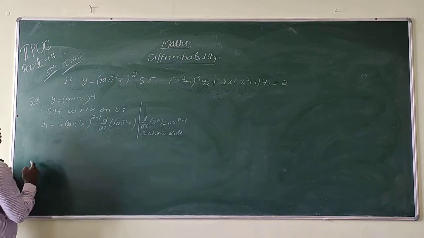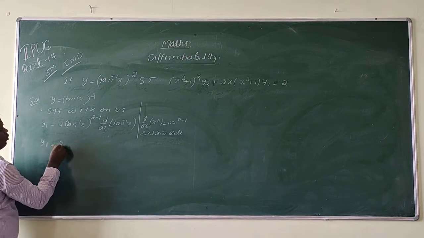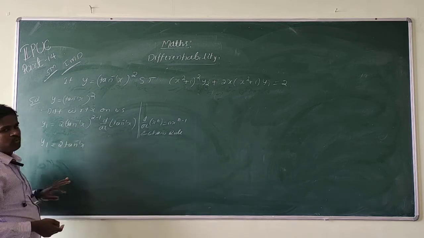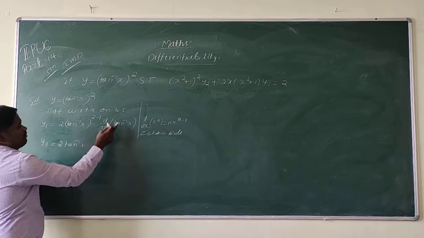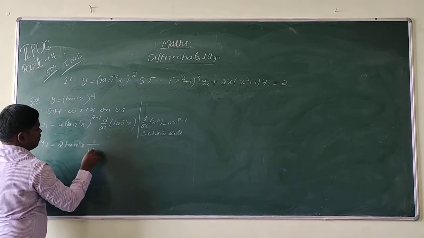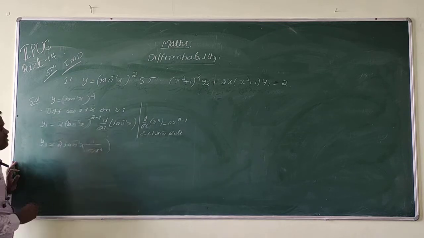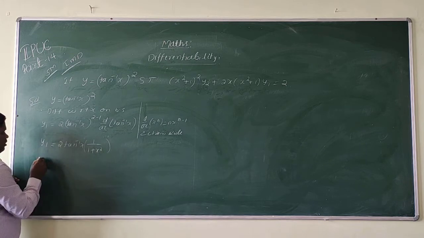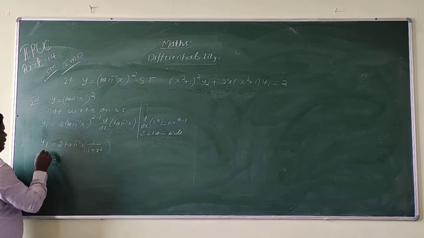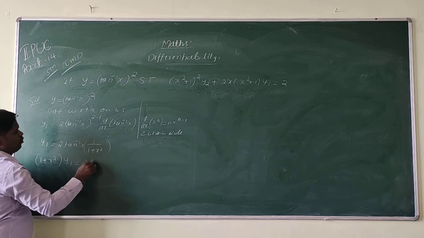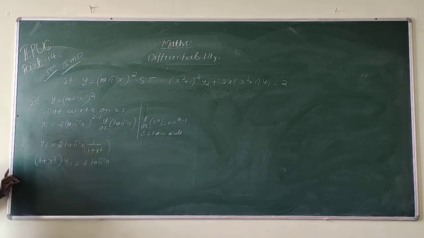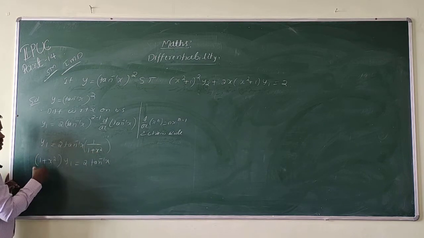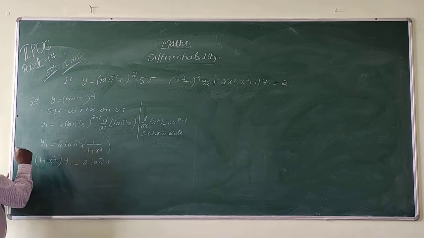So then we get y1 is equal to 2 into tan inverse of x. We are left with tan inverse of x to the power 2 minus 1, which is 1. Differentiation of this is 1 by 1 plus x square. For our convenience I am taking this term here. So that is 1 plus x square into y1 is equal to 2 into tan inverse of x. For our convenience I am taking this 1 plus x square here, without loss of generality. So I am taking cross multiplication.